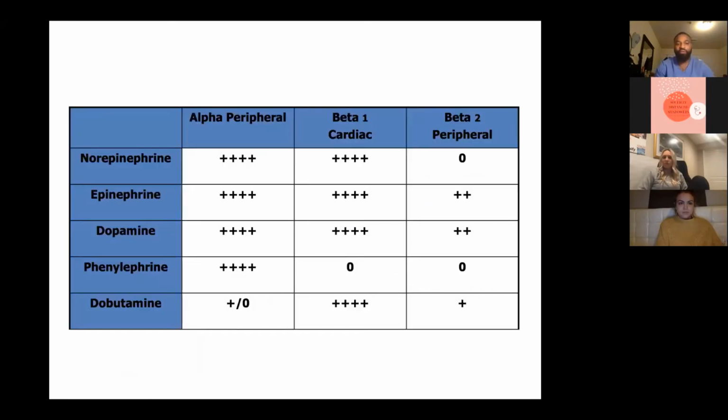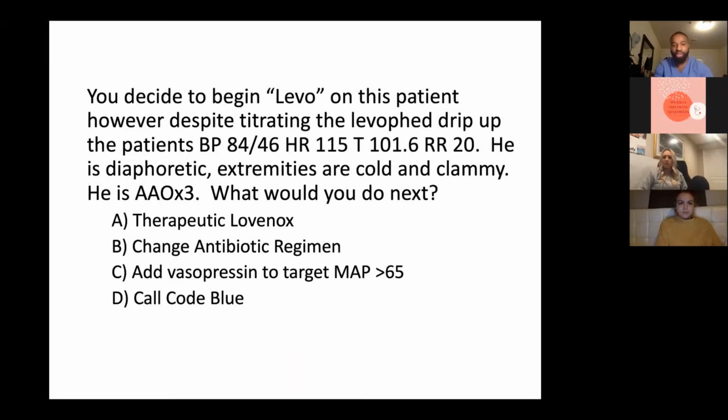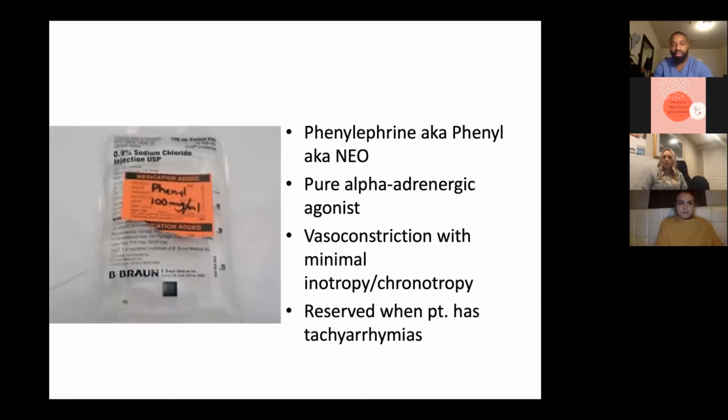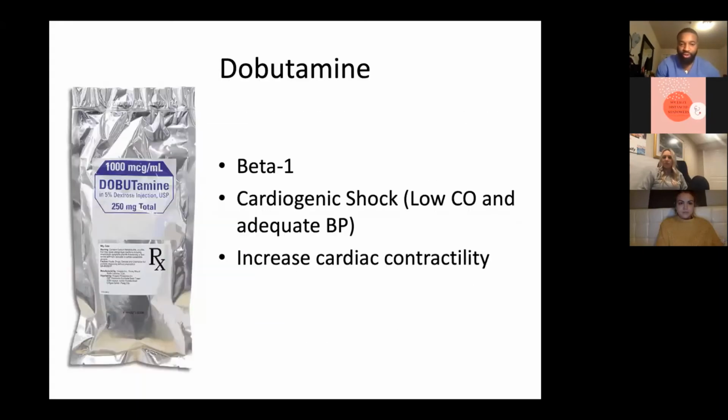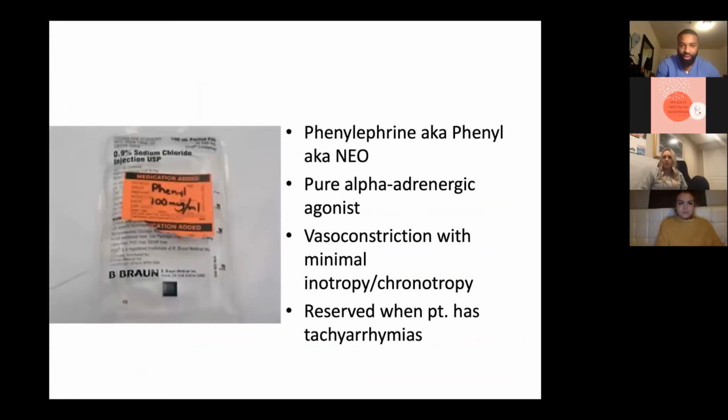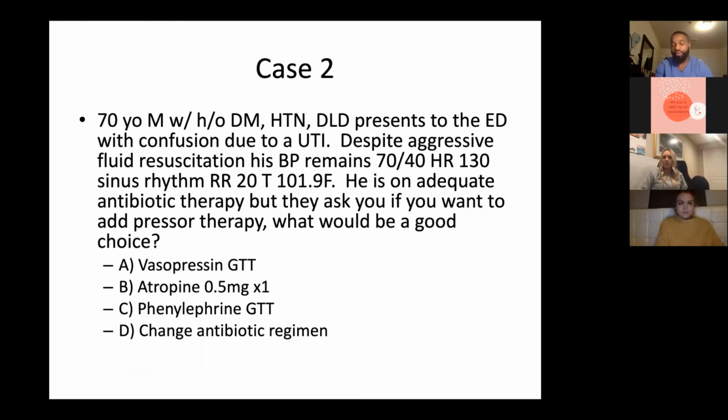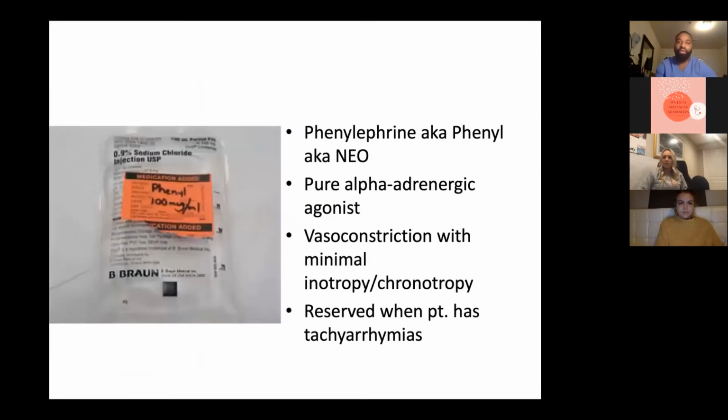But with the phenylephrine, you get just this alpha peripheral push. And with the vasopressin, like we discussed, it is strictly a pure vasoconstrictor as well. But it is good for augmenting other medication that you've already given. So in this case, you give phenylephrine, and the next slide is telling us that phenylephrine, aka phenyl, aka neo,